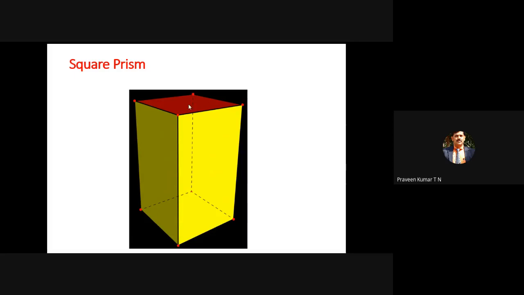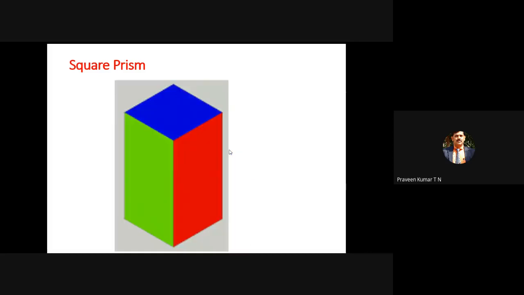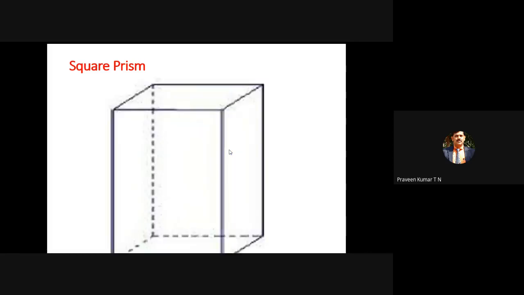So your topmost red shaded square of the square prism is taken out, and the bottom square is also taken out from the drawing. Then we end with four vertical faces. We can see this is the front vertical face, this is the left vertical face, one more right vertical face, and on the back side one more vertical face. Finally we end with four vertical faces. Once you open, we'll get four rectangles. That is nothing but the development. The same square prism is shown here, no different.